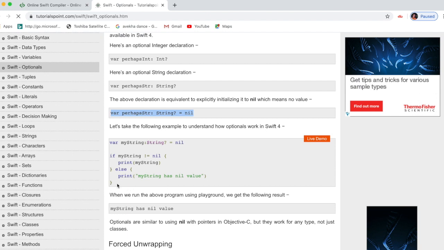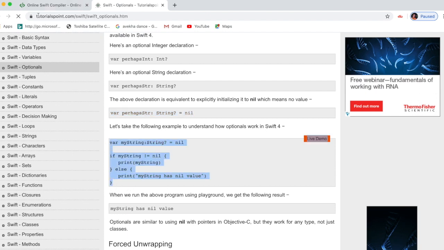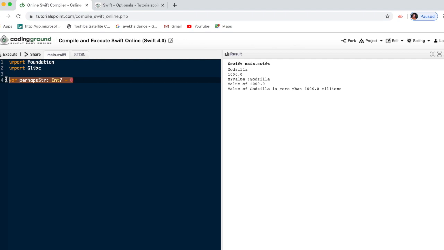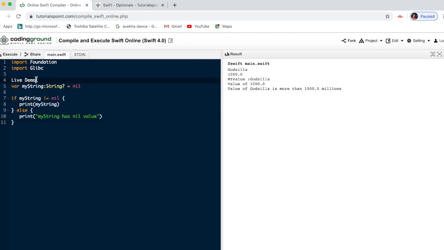So the first program we can see here. Just go through this. I am declaring one variable, my string, of type string. Initially I am declaring it as nil.